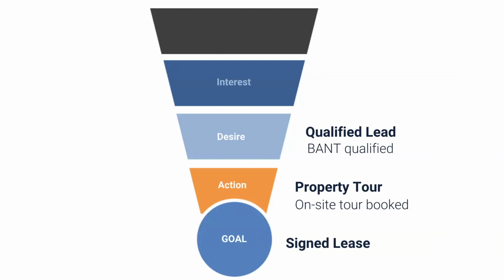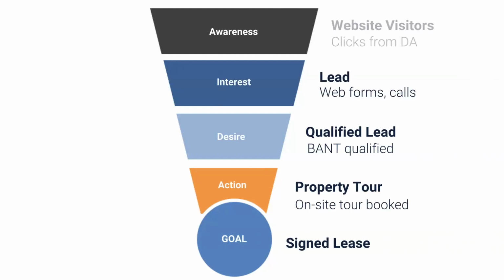right? Moving up even further, before someone can be qualified, they have to actually contact you. A lot of times, people contact your property way in advance. So they'll contact your property to ask questions, right? I'm sure your leasing agents get a ton of calls about what floor plans do you have available? What is the pricing? Do you accept pets, etc. And then at the very highest level, before someone can even become a lead, they have to visit your website. They have to consume information on your website, learn a bit more about your property. If you remember that stat, 87% of people, before ever contacting your property, are looking at your website and consuming information.